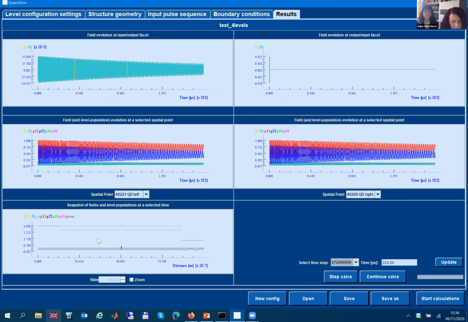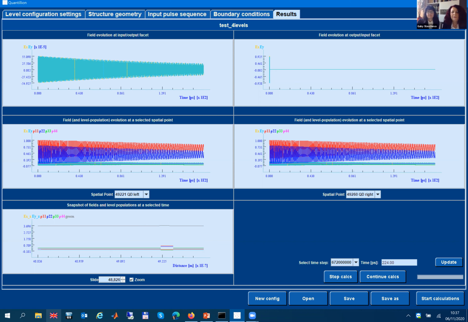On the lower panel, the spatial dynamics is shown, and we can zoom in on the position along the structure and see the refractive index profile and the field profile, and most importantly, where the population is changed. Maybe here, yeah. The population is changed. So this is the one-dimensional code that I showed.